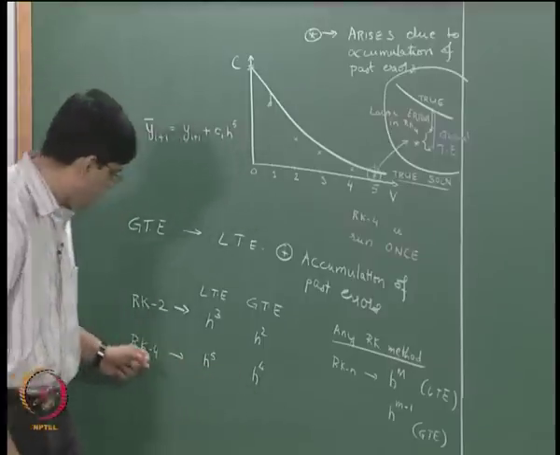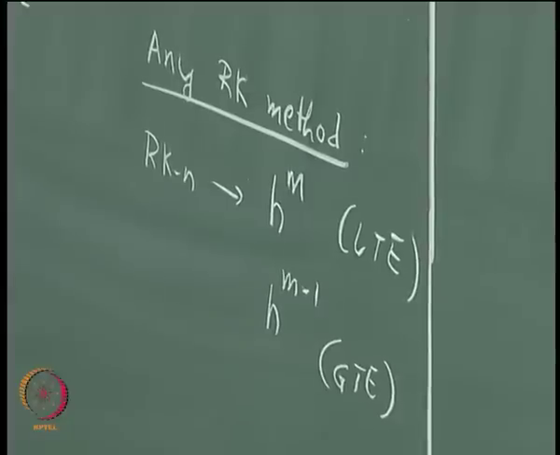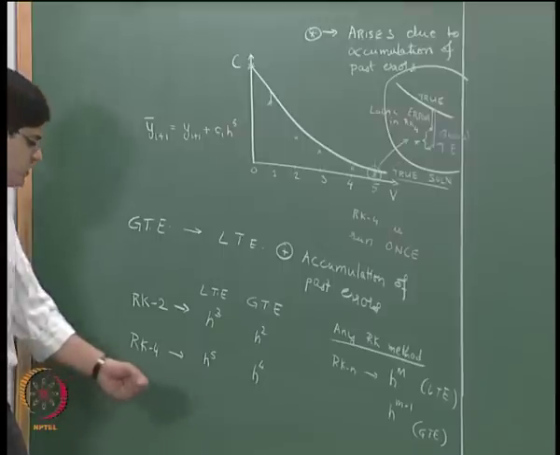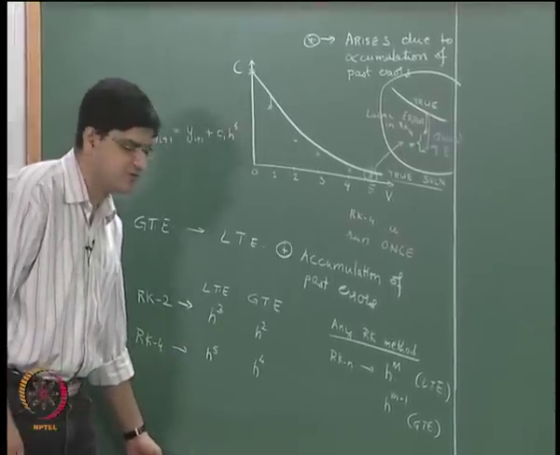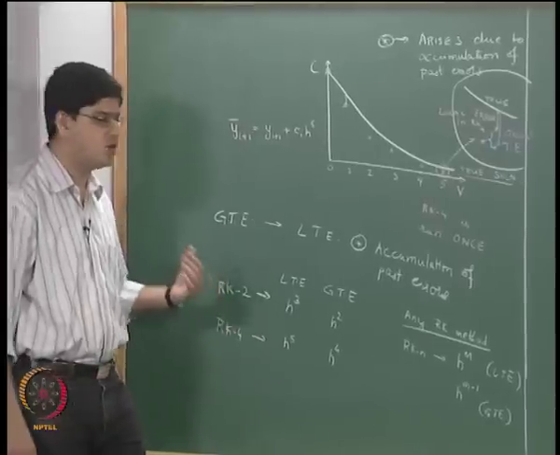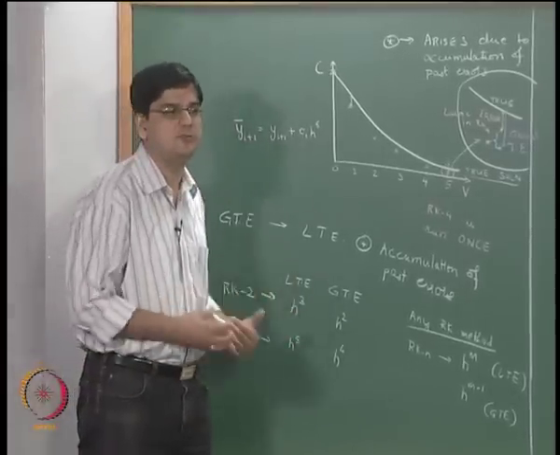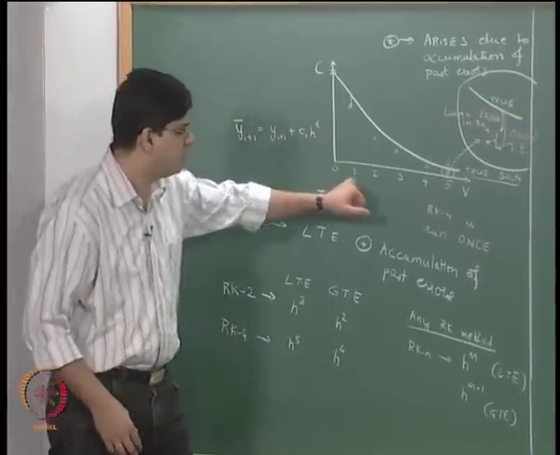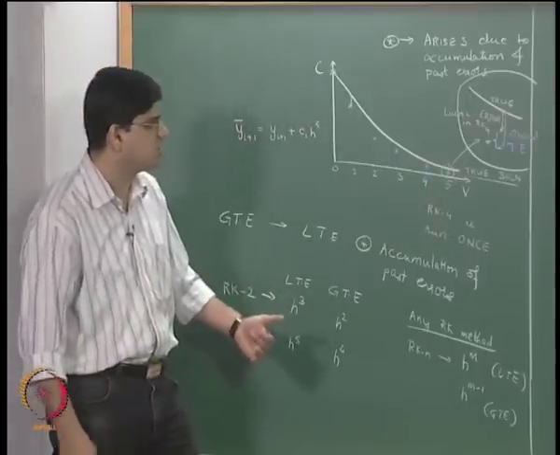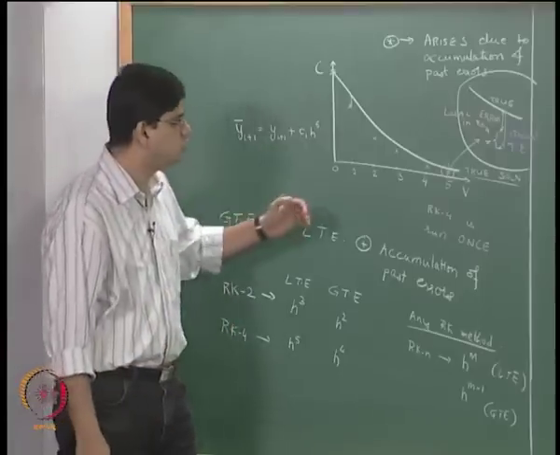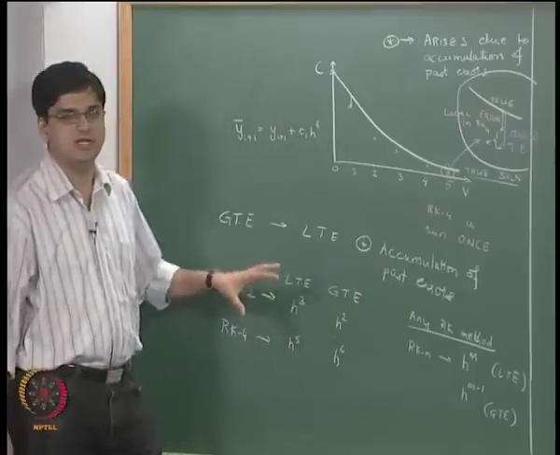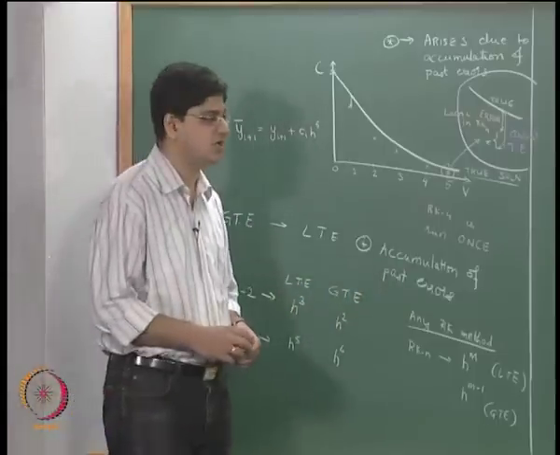So the fourth order RK method is going to be h to the power 4 accurate in the global sense, and not h to the power 5 accurate as we had derived in the previous lectures. What we had derived previously is the local truncation error, which does not consider the fact that as we propagate into the future, the effect of truncation errors accumulated in the past also affects the overall error in the system. That is the main difference between the global truncation error and the local truncation error.